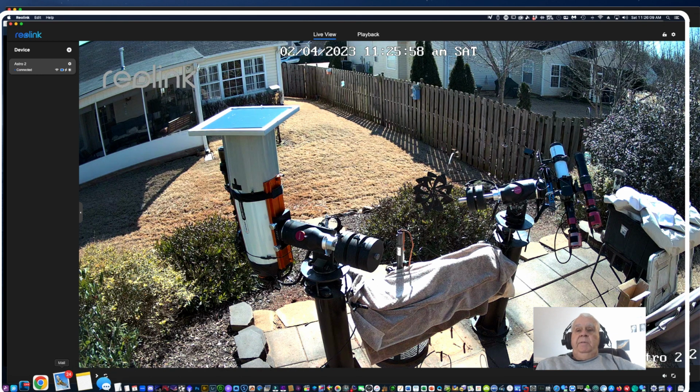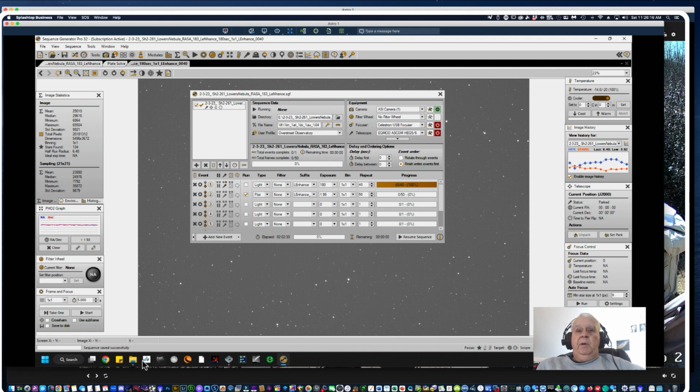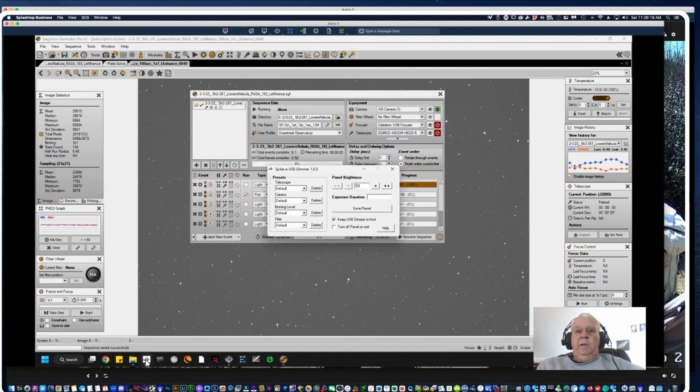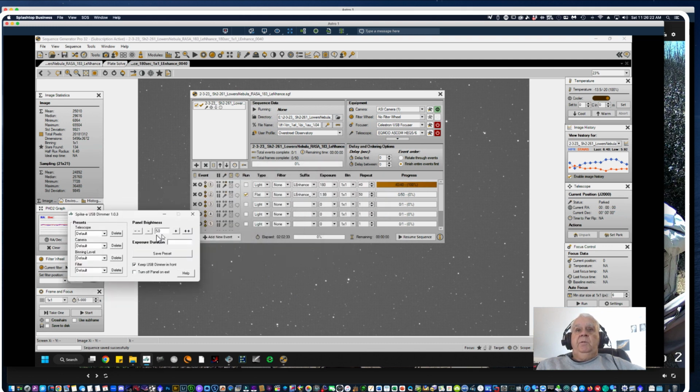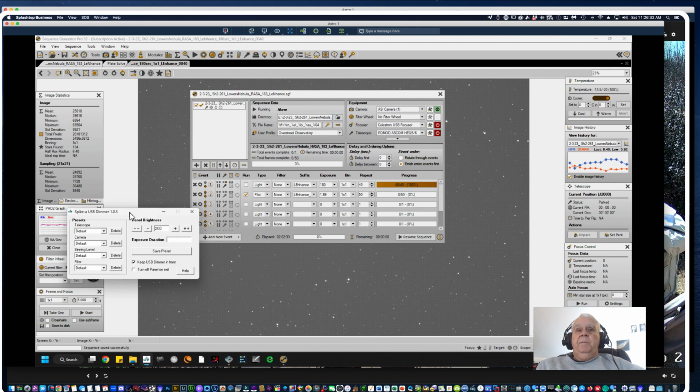So at any rate, it is set to take flats. I have it connected, I think. Oh no, that'd be terrible if it's not connected. Let me bring up the Spik A Flat software. Yeah, and it's currently set to a luminosity level of 50. I'm going to bring that up to about 200 because I have the L-enhance filter, which limits light, and I'm not sure if that's going to be right or not. I have my flat